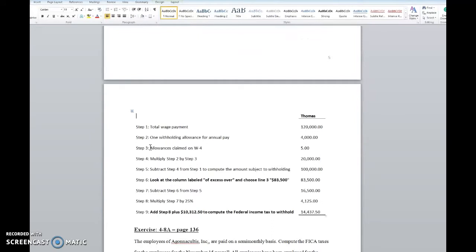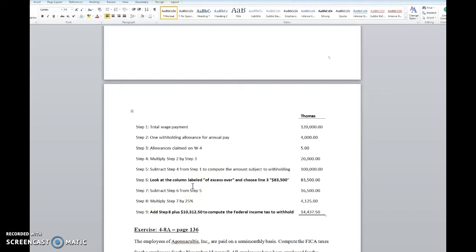All right, Thomas, you would do the exact same thing, but Thomas in this problem is paid annually. If he is paid annually, you are going to be using table 7 on page 122. He claims 5 exemptions, so 4,000 times 5 equals $20,000. 120,000 minus 20,000 is 100,000. We're going to look at the column labeled excess over and choose line 3